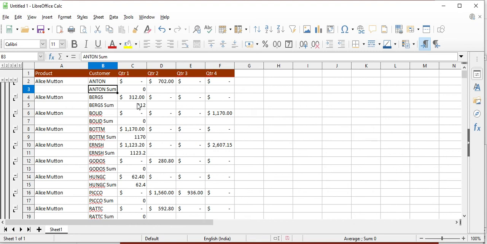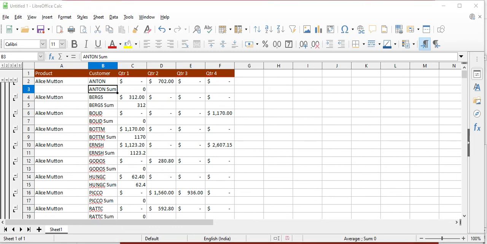Hope you are not confused between consolidate data and subtotal. Consolidate data is different. There also we can do the totaling, and in subtotal also we can do the totaling. Consolidate data is for when you have more than one sheet, when there are so many sheets; at that time it is very useful. And subtotals are very useful when you have a big list. Hope you have understood. Practice subtotal and consolidate data.